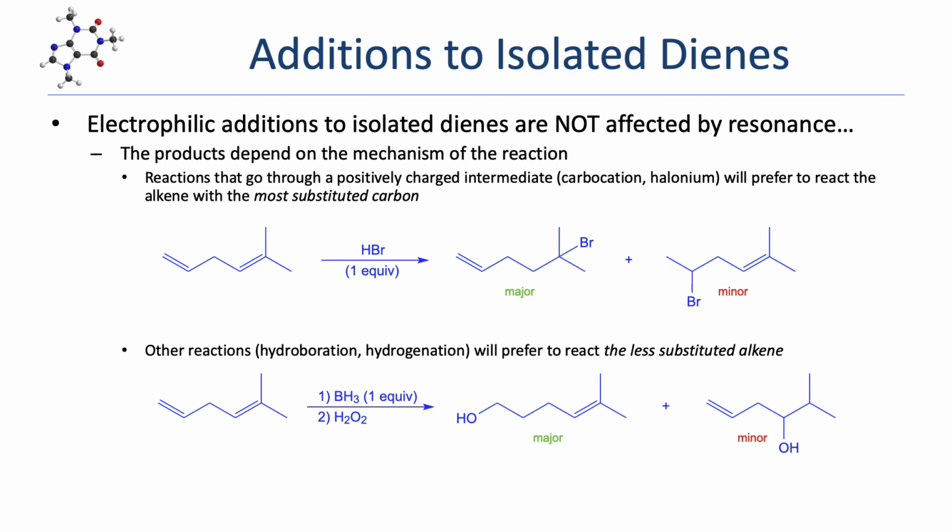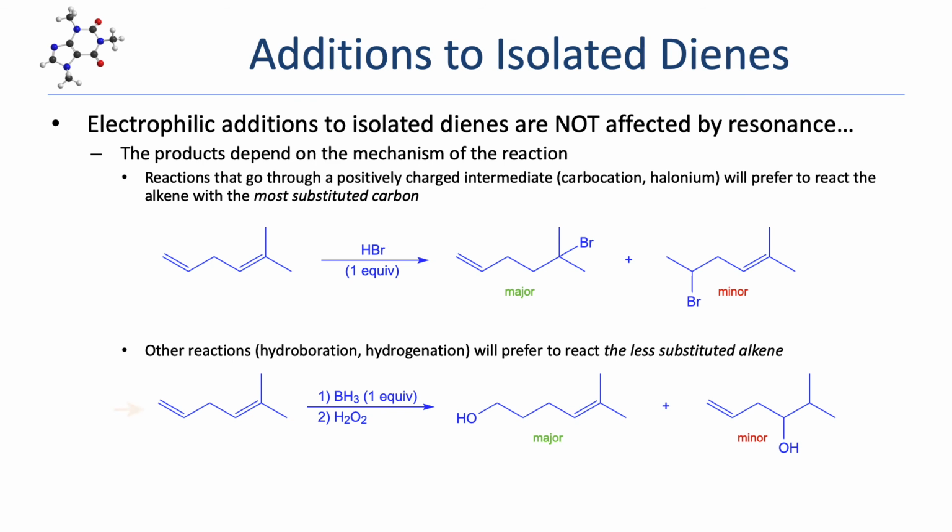If the reaction being performed on an isolated diene does not go through a positively charged intermediate, like a carbocation or a bromonium ion, then the reaction will prefer to react the less substituted alkene. Because there's no need to stabilize a positive charge developing during the reaction, the selectivity is controlled by a combination of alkene stability and sterics. Less substituted alkenes are less stable than more highly substituted alkenes, and that makes them generally more reactive. Less substituted alkenes are also sterically less hindered, allowing electrophiles to approach them more easily, again leading to a faster